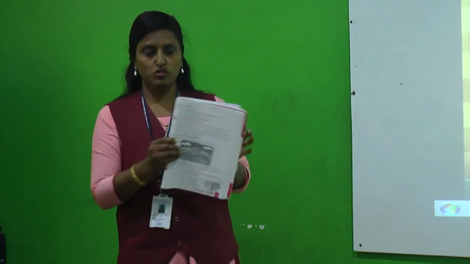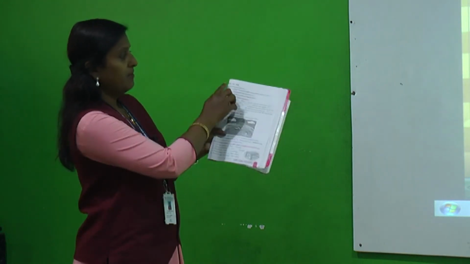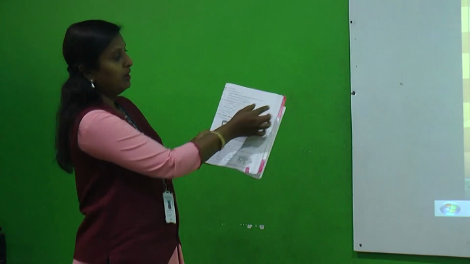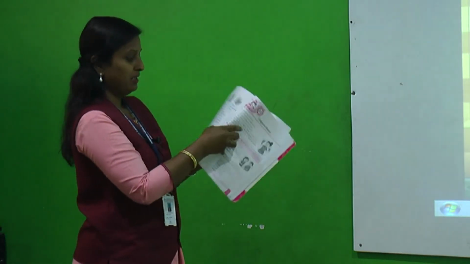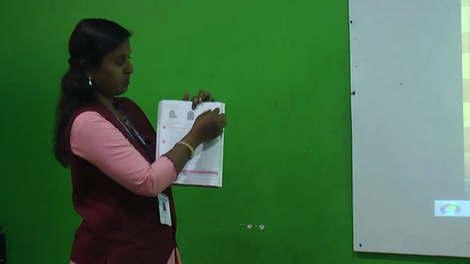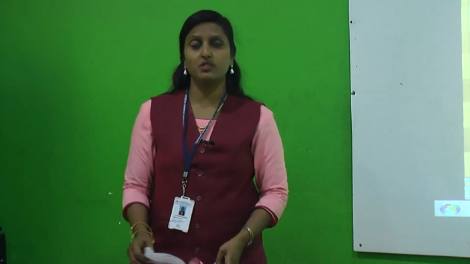Then on this page also we have learned some prepositions, that is page number 75. From, to, for, on, over, under, below, above, that you can just write over here. And the last, that is page number 76, that is into, in, out of. Here you can just note down, so that whenever we go through this preposition lesson, you will understand what prepositions we have learned from this lesson. So this work you have to do after this session.